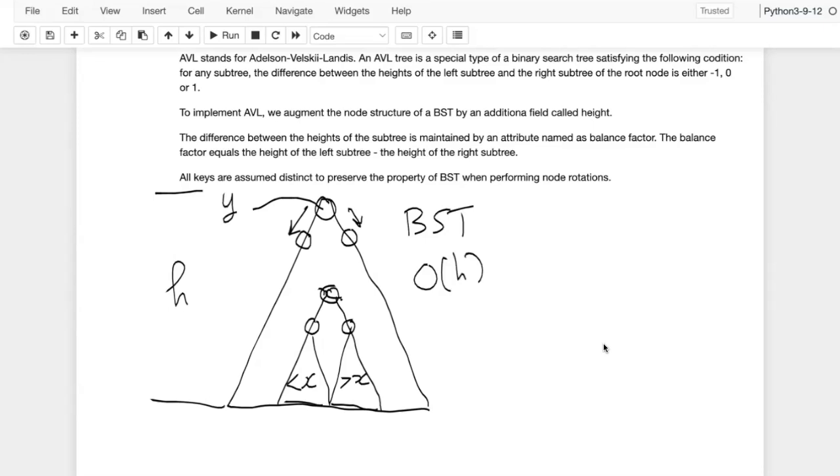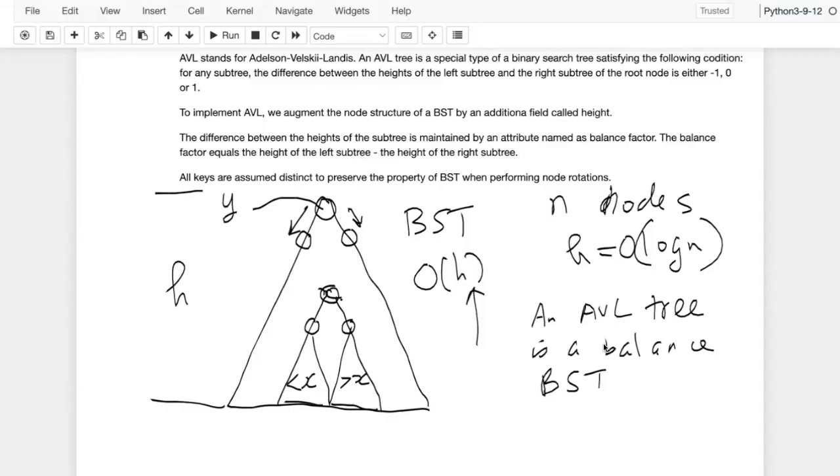Hence, we want h to be as small as possible. If we have n nodes, then the best we can hope for is that h is in the order of log n. Then it is balanced. An AVL tree is a balanced binary search tree. So now we're going to see how we are going to balance a binary search tree by using the construction